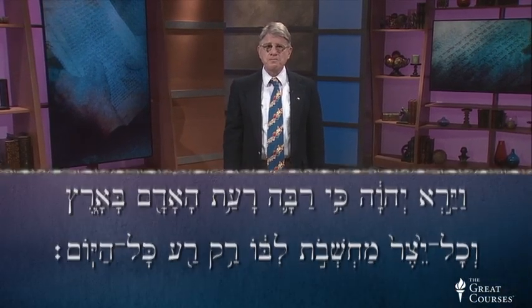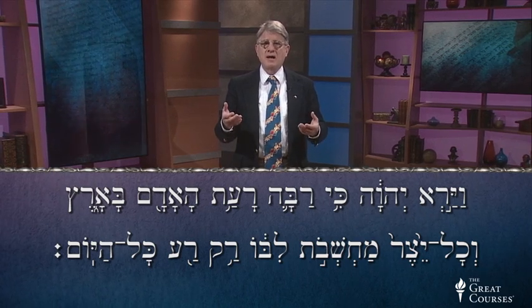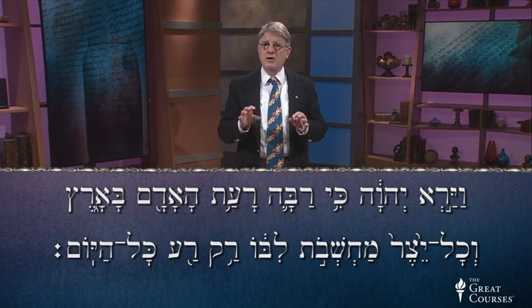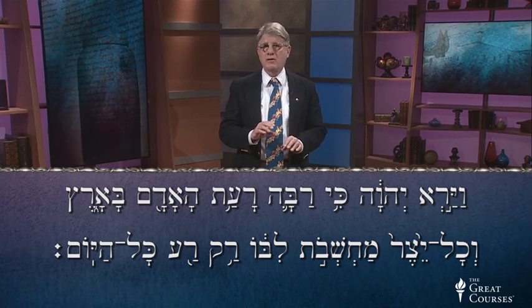I want to look together with you at a verse that has a long construct chain in it. This verse has some vocabulary we haven't seen, but other than that, we should be able to figure it out together. And that's also a good exercise because, of course, that's what you'll be doing when you set out to use your Hebrew skills on your own. Here's the verse, Genesis 6:5. Vayar Adonai ki rabba ra'at ha'adam ba'aretz, v'chol yetzer machshevot libo, rak ra kol hayom.